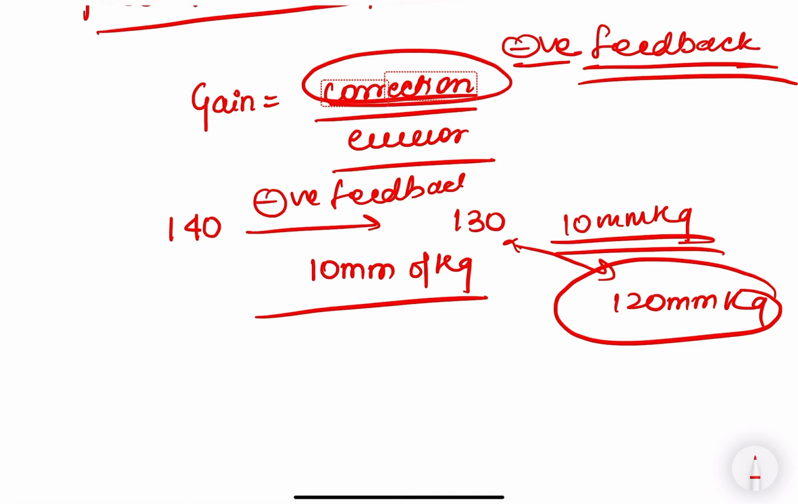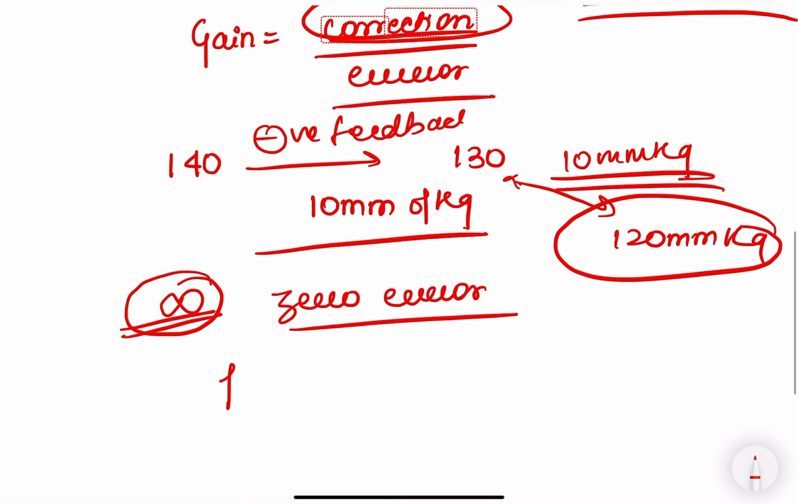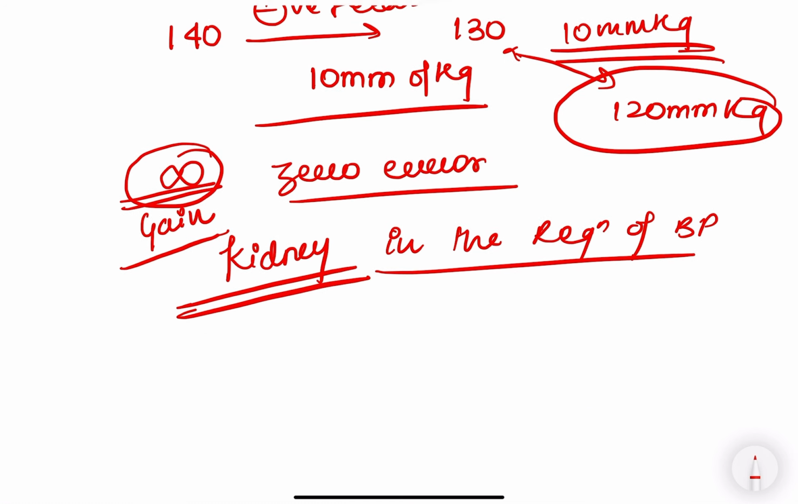One last thing that is asked frequently is the infinite gain, or we can say the zero error, is of which system? That is by our kidneys in the regulation of BP. There is zero error and there is infinite gain. The maximum gain practically that can happen is -33, that is for the